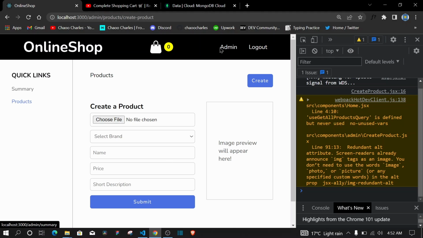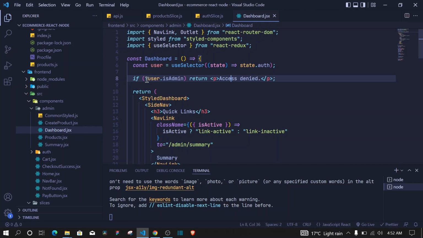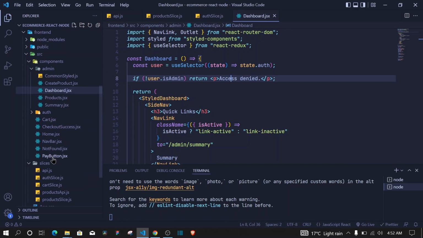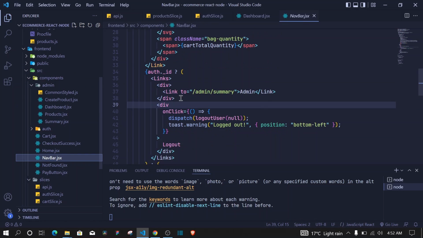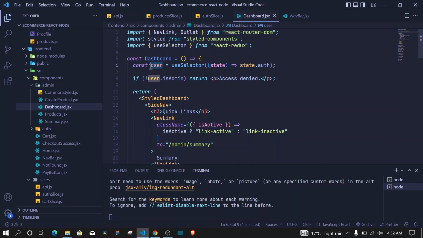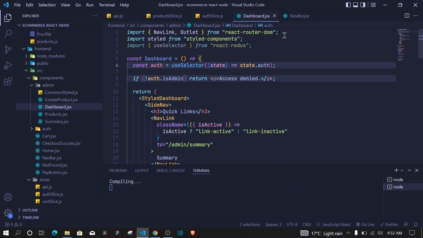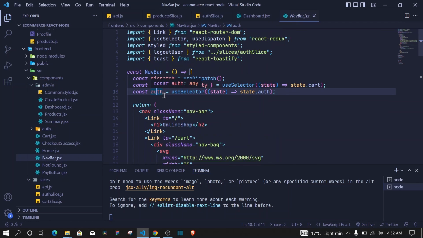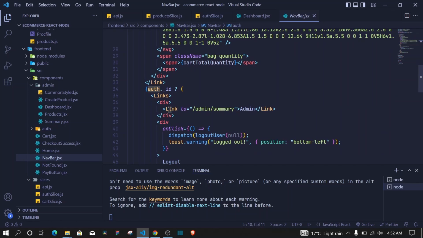Also you can conditionally render this if the user is admin, just use that property. So whatever you'll do is make use of this same concept at the navbar. I don't know if I should show you that, but that should be straightforward. You get the user from the state. So now right here I'm calling this auth. I think for consistency you can just use the same thing, so maybe I should just change this one to auth. Just for consistency, I'll close the application, and now you can make use of this auth.isAdmin to display this